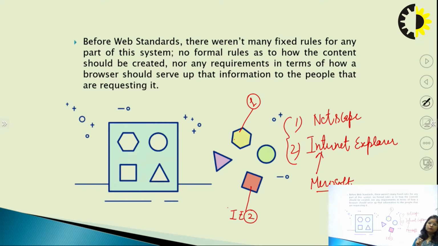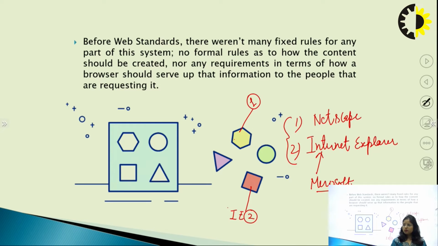Before web standards, there were not many fixed rules for any part of this system. There were no formal rules on how content would be created, nor any requirements in terms of how a web browser should serve that information to the people that are requesting it. So, this is the biggest drawback of previous browsers. Now, the need for web standards arose.